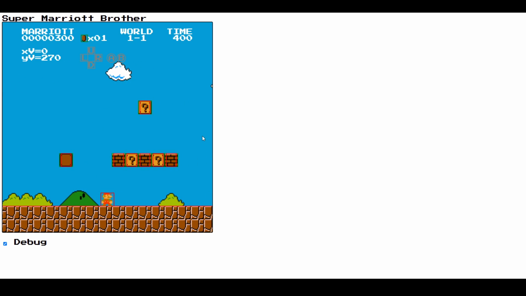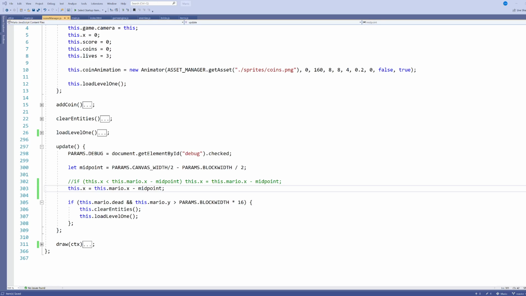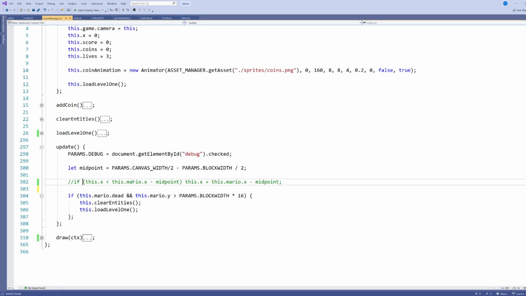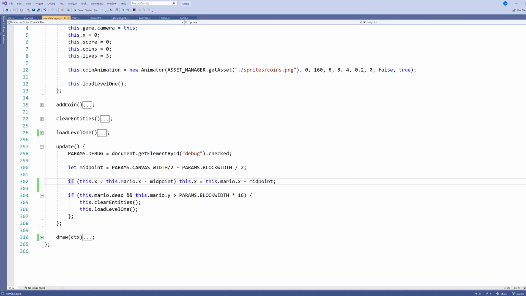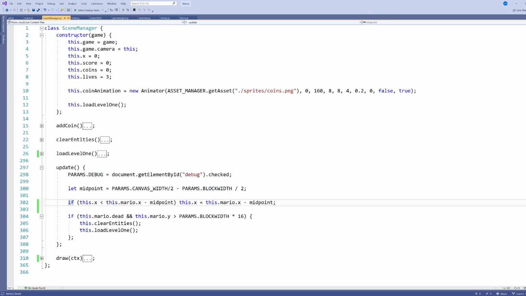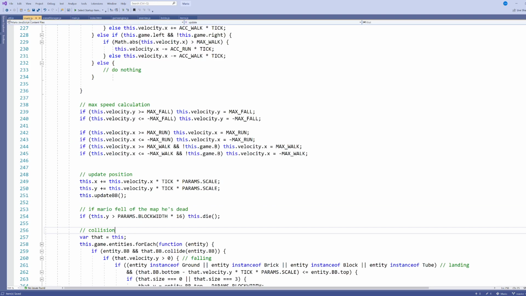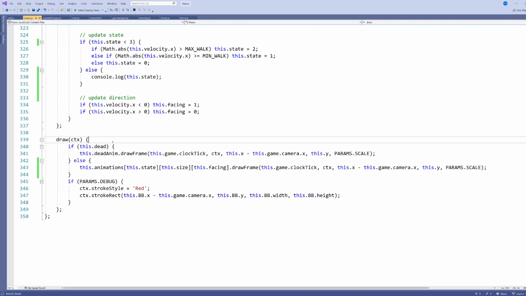Now if you wanted to set this up with also scrolling on the y coordinate, we would be doing exactly the same thing, with the exact same calculations occurring here for dot y instead of just dot x. Now I've liked my original Super Mario Brothers scrolling, so I'm going to reset this here. And now I'm just going to show you how this camera object is going to be used by other entities in the game. And to do that, I'm going to start by looking at Mario and look here at Mario's